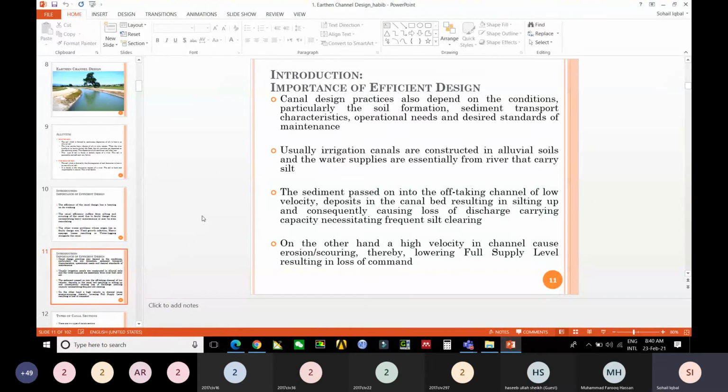So during design of the canal, you have to consider these factors: the operational needs, and the maintenance techniques should be minimum, and they must be provided. It is not that we will not provide maintenance techniques; they continue to be needed after a year, after 2 years, we have to clean the whole channel with the passage of time. But it is not that we have to reach inside for operational techniques every 2 months or 3 months, otherwise there will be a great loss for us. So the solution will be